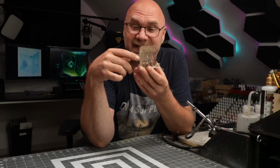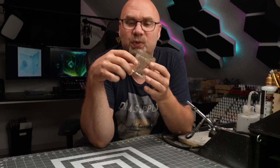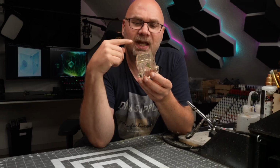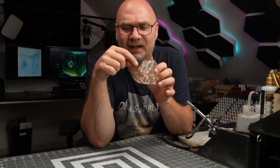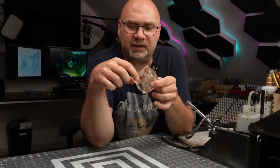Gelatinous cubes. This is some nasty stuff, and I think this turned out pretty well, and it will fit perfectly into my campaign. And this was a very quick little build. It was pretty simple. It took about 24 hours for the epoxy to harden, but I think it was worth waiting for. And I got all the stuff embedded into it. If I should do this again, I would probably wait maybe an hour or two before I would put in my bits, because a lot of them fell to the bottom, and yeah, that was unfortunate,